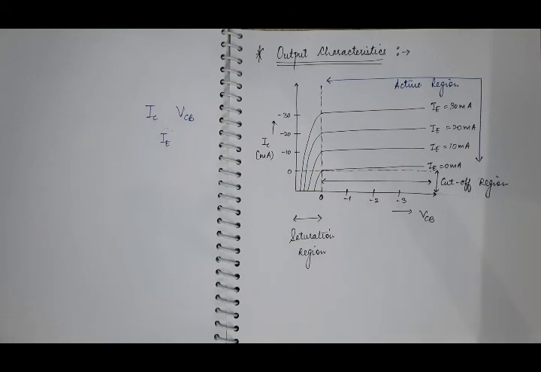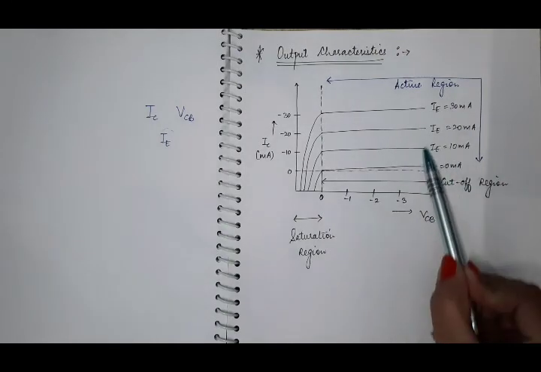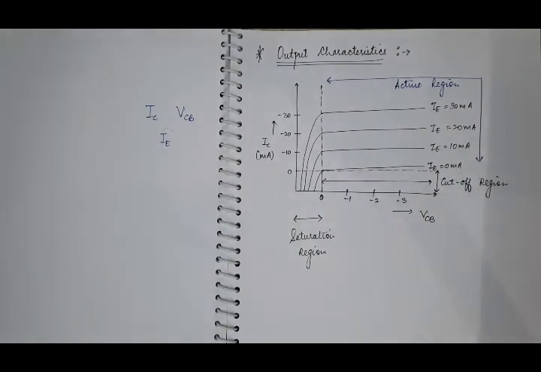And in the case of output characteristics of a transistor, we have three regions: active region, saturation region and cutoff region. But a transistor works as an amplifier only in the active region. So we mostly keep the applied reverse bias VCB in such a way that the transistor must be in the active region. Most of the applications of the transistor are in the active region. We have already studied that in the active region we have this type of characteristics. These are the different fixed values of emitter current, the input current.